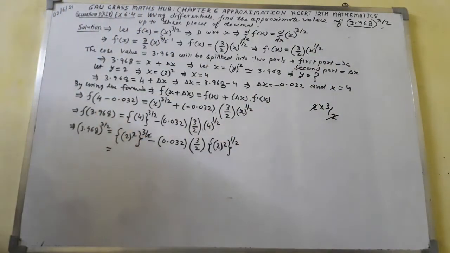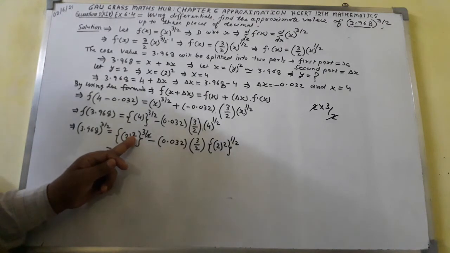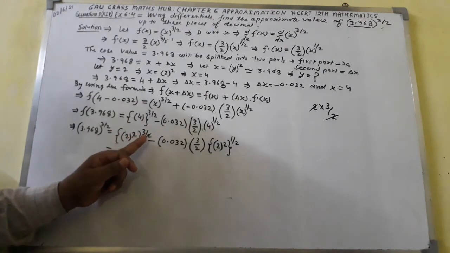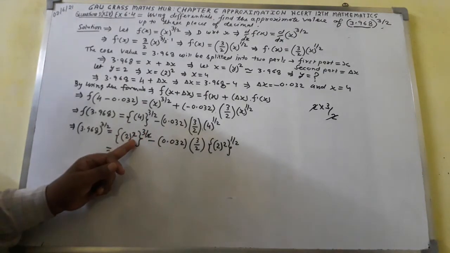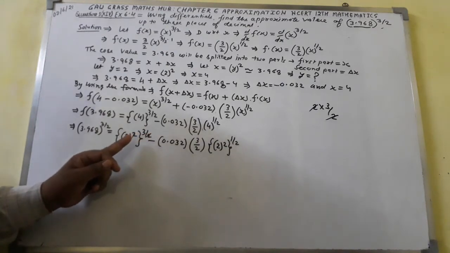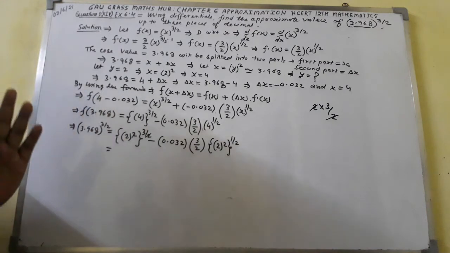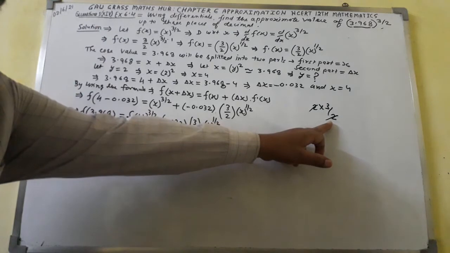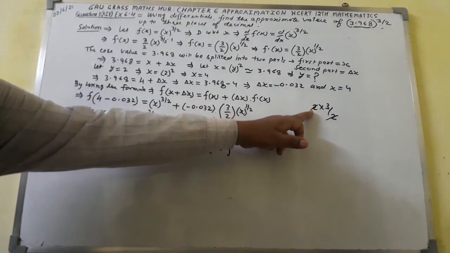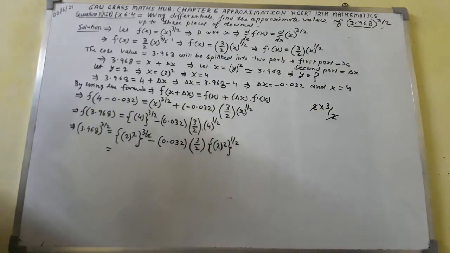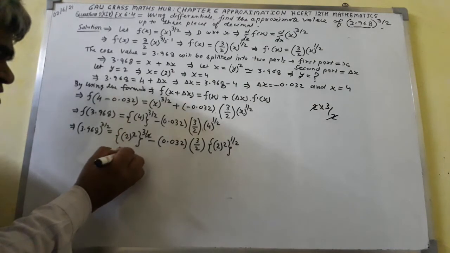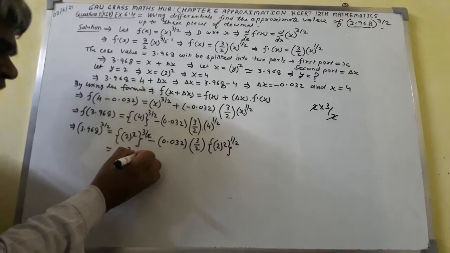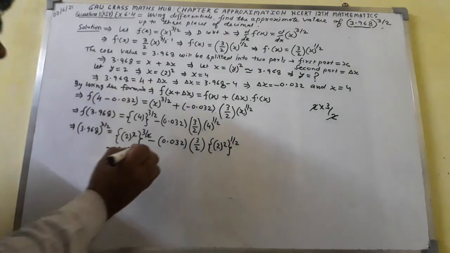Index will be 3 because here 2 is an index and 3 over 2 is also an index. The index raised to the power index, in this case both indices will be multiplied together. So this one will cancel out because this 2 is in the denominator and this 2 is in the numerator. Both will be cancelled, you will get here 2. So here you can write 2 raised to the power 3 minus, here again,